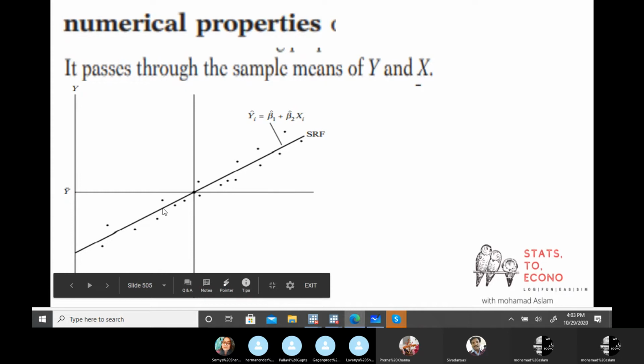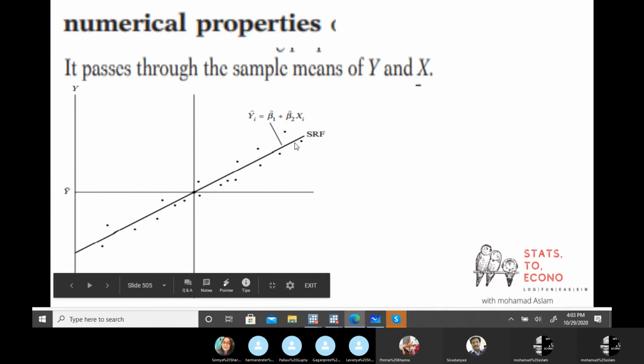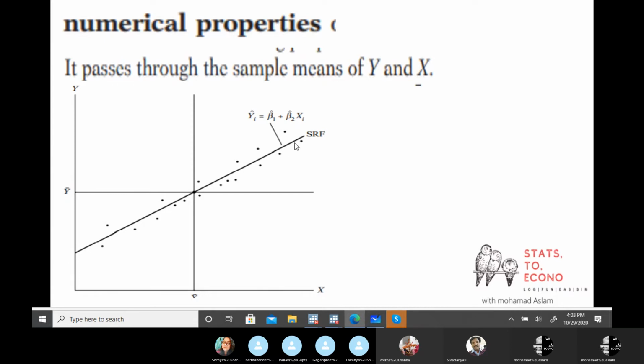What does it mean? The meaning is simple: where the two means intersect, the regression line passes through them. What is its implication? Anyone of you, if Nimisha is present, because all of you already did this in MA third semester and fourth semester, in econometric analysis. So what's the importance of this property? Anyone?